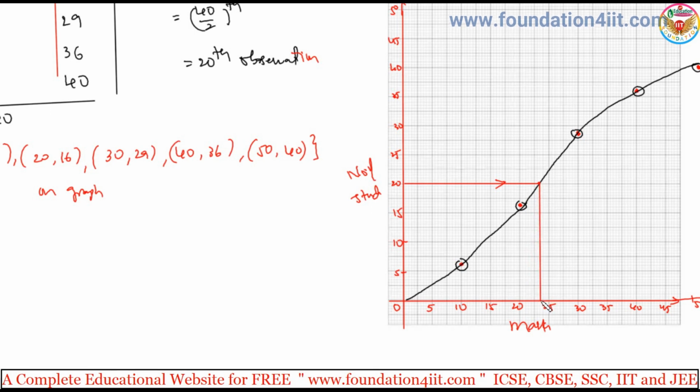So where it is touching, after 20 is around the 6th millimeter. So 21, 22, 23 and 23.5, approximately 24, not even 23, because 4th millimeter. So 23 it is. So 23 marks is the median. Arrows you can keep. From the y-axis you should take the line to touch this x-axis.